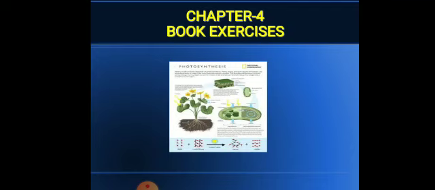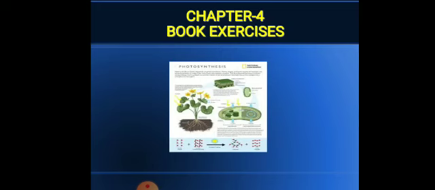That's why these plants are called autotrophs, because they are able to make their own food. But some plants do not have the chlorophyll pigment. They are non-green, so they follow heterotrophic nutrition. They depend on others for their food and do not produce their own food. But all the green plants produce their food by the process of photosynthesis.